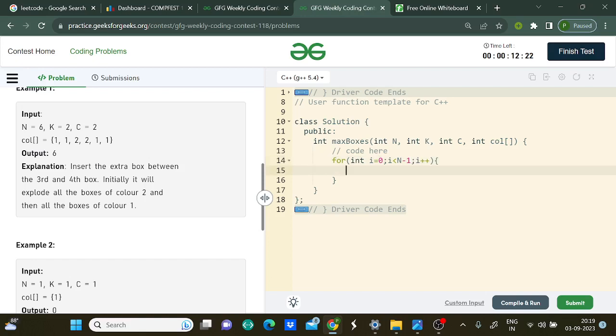Okay, so check if the color of the ith box is equal to the color of the (i+1)th box, and the color of the ith box is equal to C. If this is the case, then what will happen? Very simple thing is going to happen here: